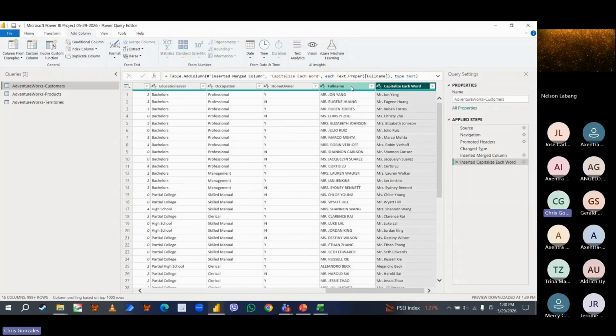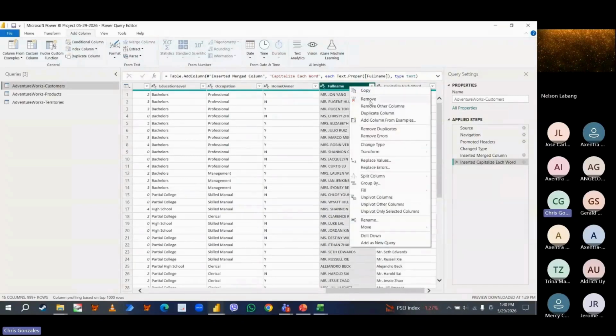In some cases, maybe you can say that you can right click and delete or remove the existing column. Technically, yes, it's allowed, but it will increase the number of applied steps you have. The objective of Power Query is to add applied steps, but at the same time, minimize the applied steps to best practices. The problem is that if you have a lot of applied steps, every time you click the refresh button, it iterates or loops from the first up to the last applied step. Technically, it slows down the process of refreshing your data.